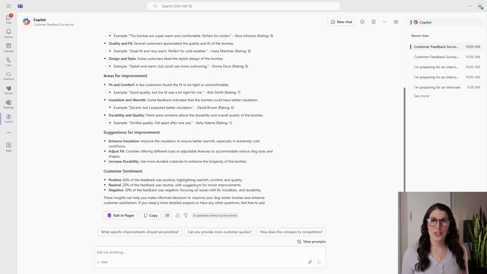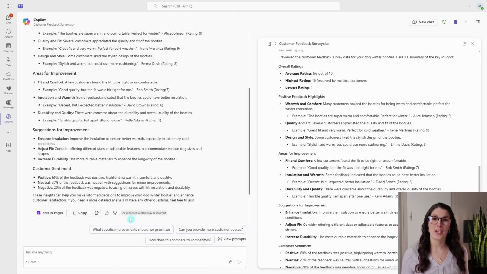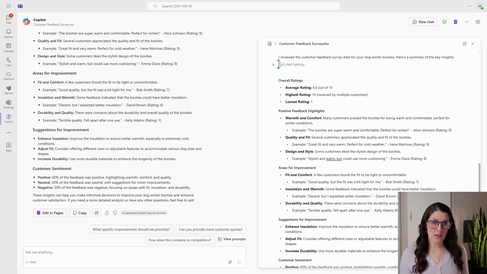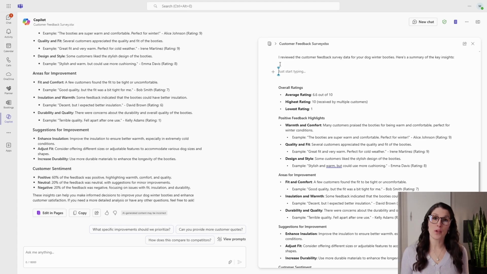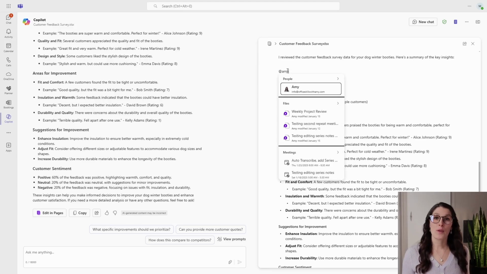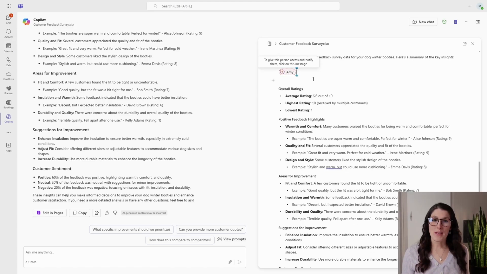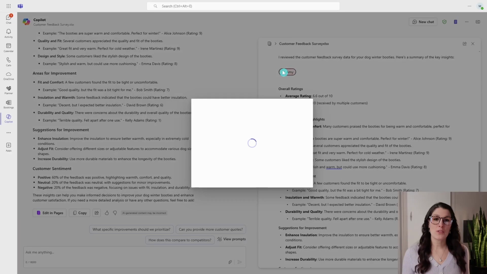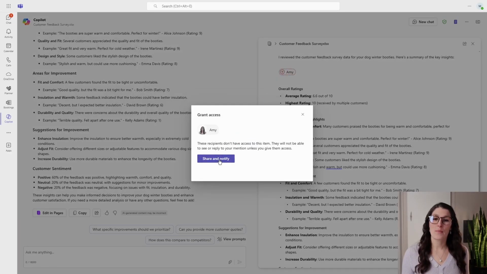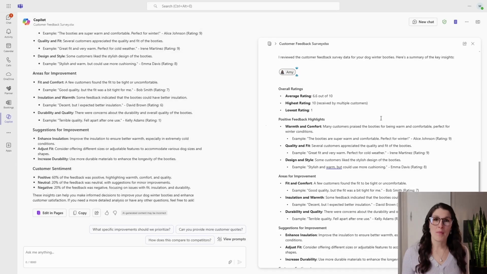Another great feature is this edit in pages, which will create a loop page from your chat, and then you can collaborate with your team members. So I'm logged in as Mike right now. So we will search for myself, add myself to the team. Now I'm just going to need to share and notify to grant myself permissions to collaborate with Mike on this